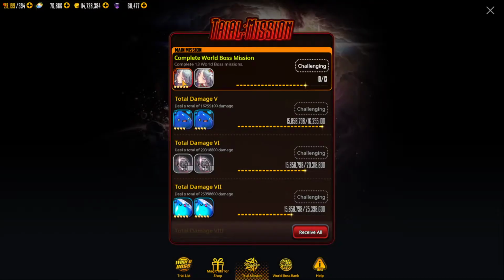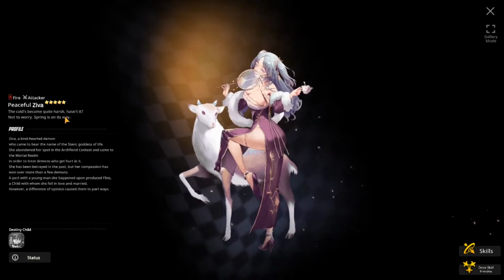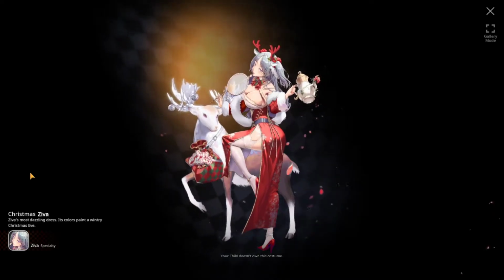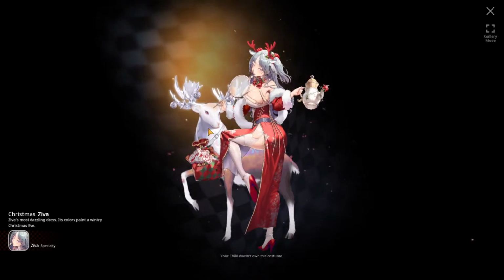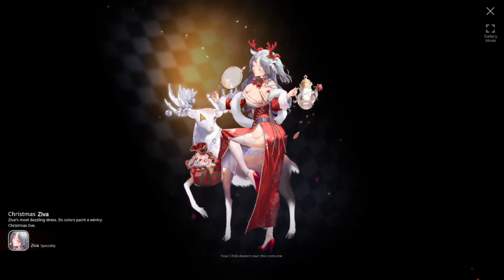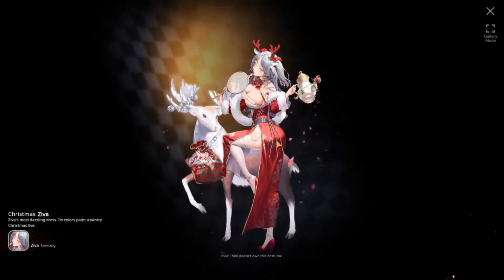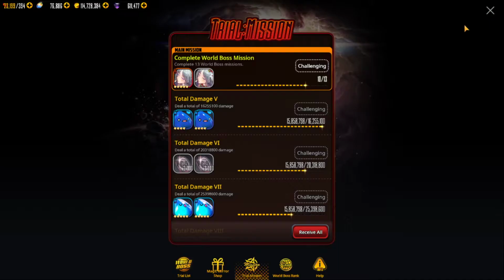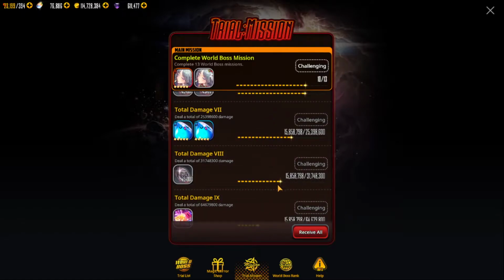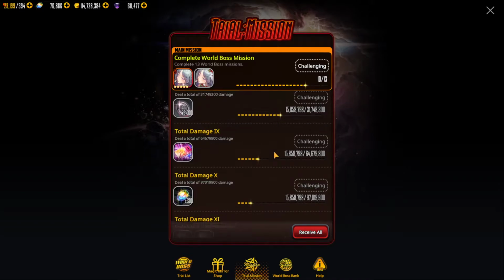Trial mission is up. Of course, in the trial mission you will get Peaceful Ziva. I got another copy of her, as well as her Christmas Ziva outfit, which puts a little Merry Christmas bow front on the little reindeer there. And you definitely want to get this, and it's very easy. It's only been up for a day, and I'm already at 10. They made this very easy to get. You only need to do 31,000. How much damage do you need to do